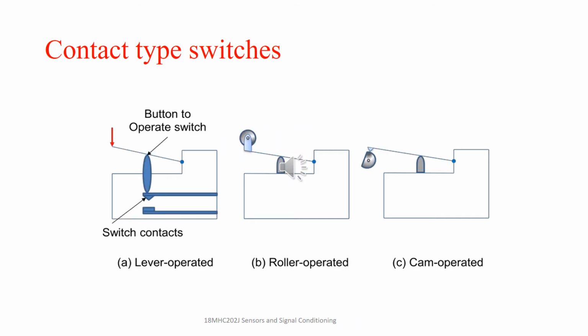This shows a number of configurations of contact type proximity switch being used in manufacturing automation, and these are small electrical switches which require physical contact and a small opening force to close the contacts. They are basically employed on conveyor systems to detect the presence of an item on the conveyor belt.